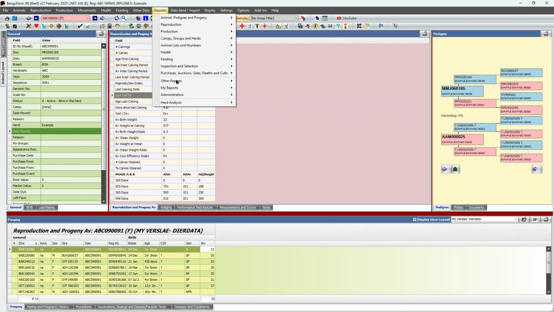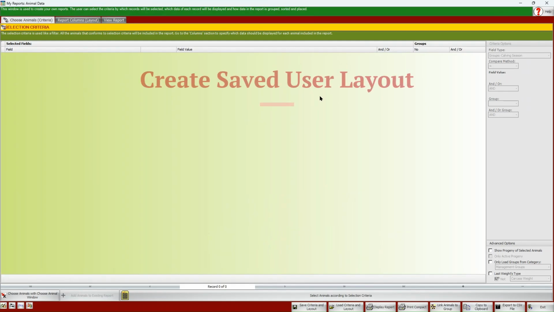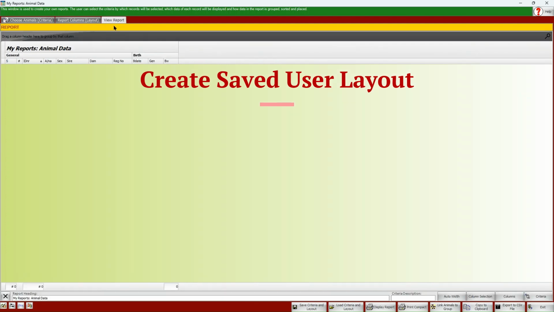So you go to your Reports menu, you go to My Reports, and you go to Animal Data. And once the Animal Data screen opens, you can select animals that are on the data screen, but this is not important for this video. In the View report, you will see there are certain columns visible.